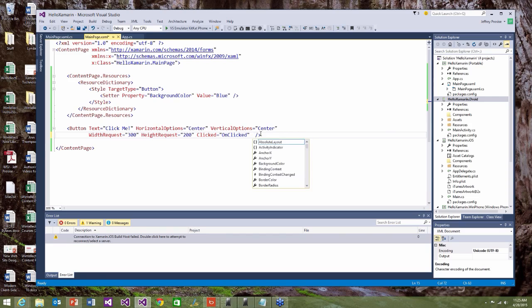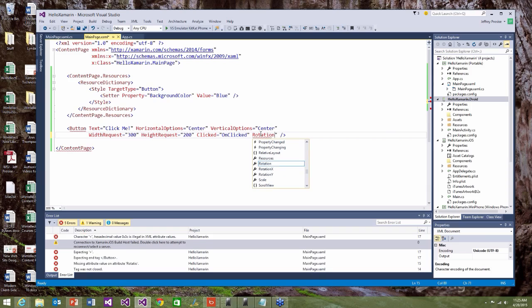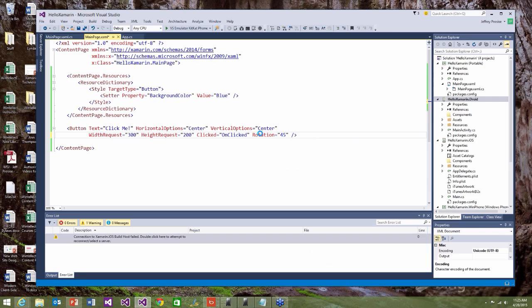In Xamarin XAML, it's actually simpler. I can use the rotation property like this, and I can say that I want this button to be rotated, let's say, 45 degrees. Now, when I run this thing again,